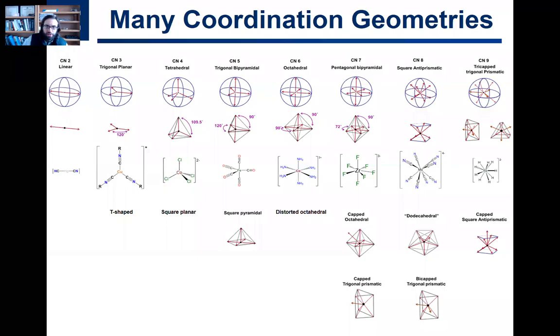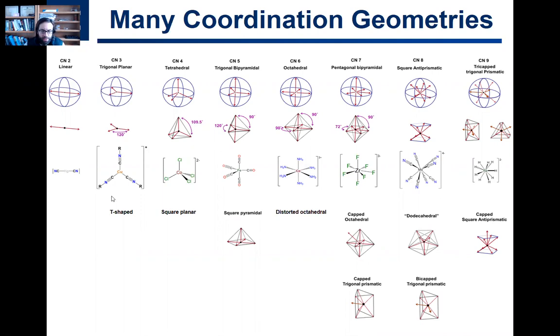All right, well, there are many different coordination geometries that can exist, especially when you have transition metals involved. And so here's a survey of some of the more common ones. There are a lot, especially when you get to higher coordination numbers. But some of these are VSEPR type geometries, like trigonal planar. Remember, the VSEPR type geometries are the geometries that maximize the distance between the ligands or the pentatoms, whatever you